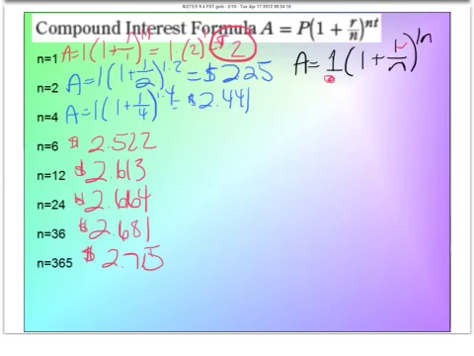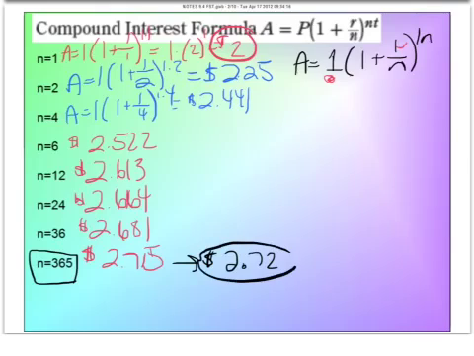If you take a look at the results, you're going to notice when you get down to the very bottom here, what if they compound the interest 365 times a year? So that means every day. At the end of the day, they compute the interest on $1, put it back into your account. The next day, compute the interest on that $1 and a couple of cents and so forth. And if they do that, we're going to get, in terms of money, roughly